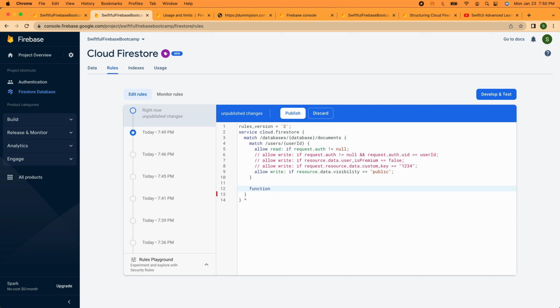So the syntax is very similar to Swift again, and we're going to write literally function is public. Open brackets, and we're going to return in here, return if the resource data visibility is public. And I think we need this semicolon here. And so now we can, is that not working? Oh, it's giving us a warning just because we haven't used it yet. Oh, that's interesting. All right, so now what we can do is say if